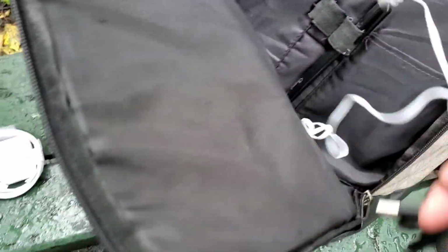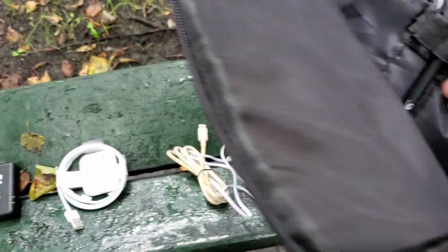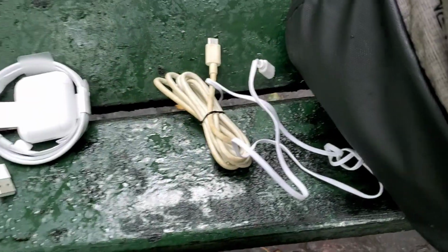Anyway, we will find a bunch more cables. These are cables that are just strewn out in here because I don't want them getting in the way of the other cables that I use more often. You can see that they're a little bit more grungy, beaten up. I have so many cables, it's ridiculous. Next cool toy